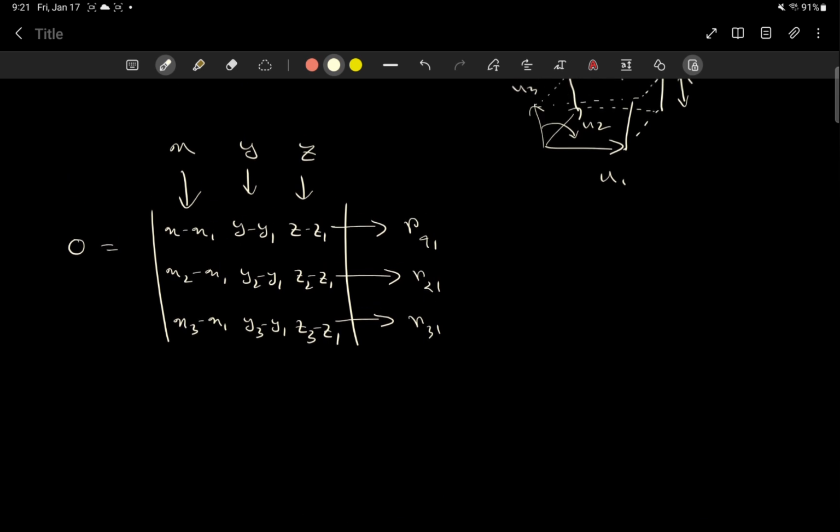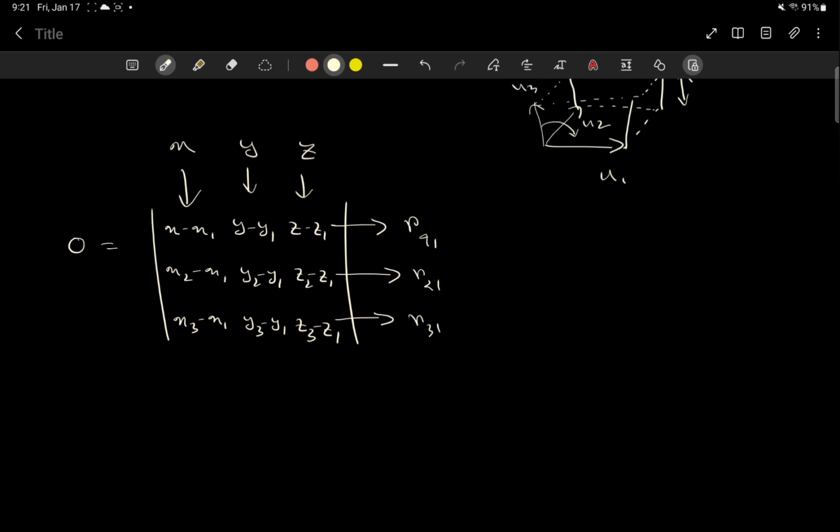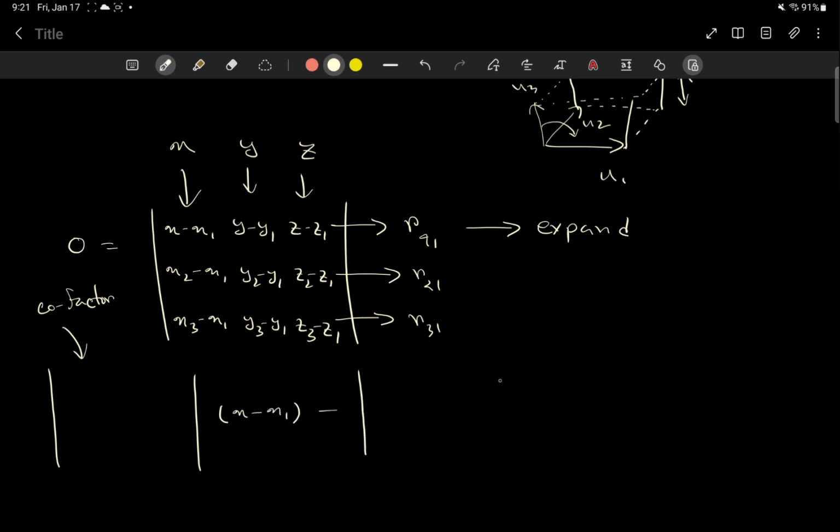If we try to expand this right now, we will get x minus x1. I can put the cofactor first. This is the cofactor here, and we will expand in terms of this. So we'll get x minus x1, minus, because the cofactor sign is minus, y minus y1, plus, because the cofactor sign is positive,